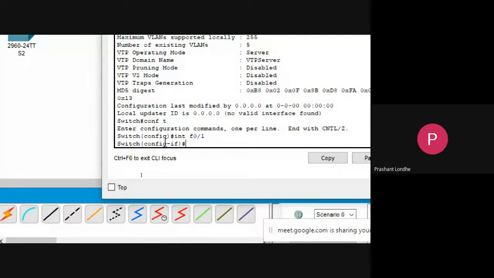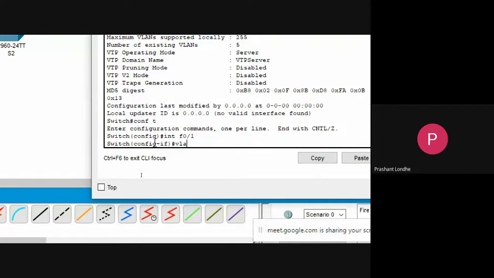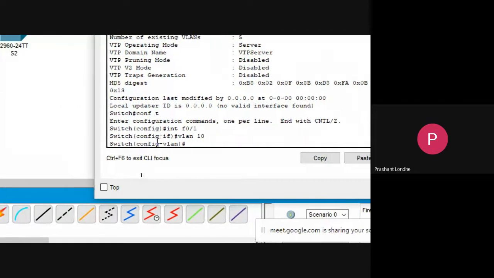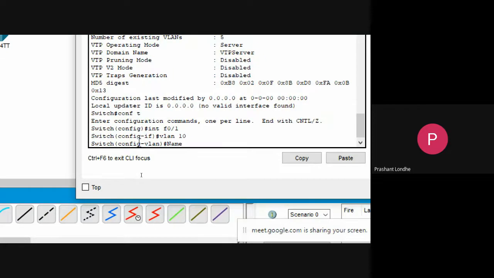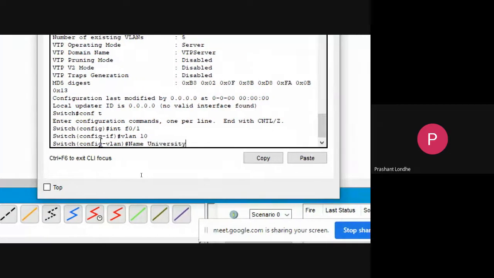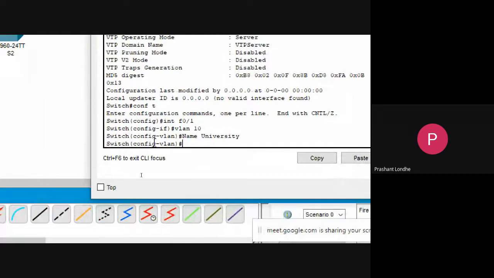Suppose I want to set one virtual LAN, so I will write VLAN 10. And if I want to give a name to that particular LAN, I will give the name as university. Now VLAN 10 has the name university.